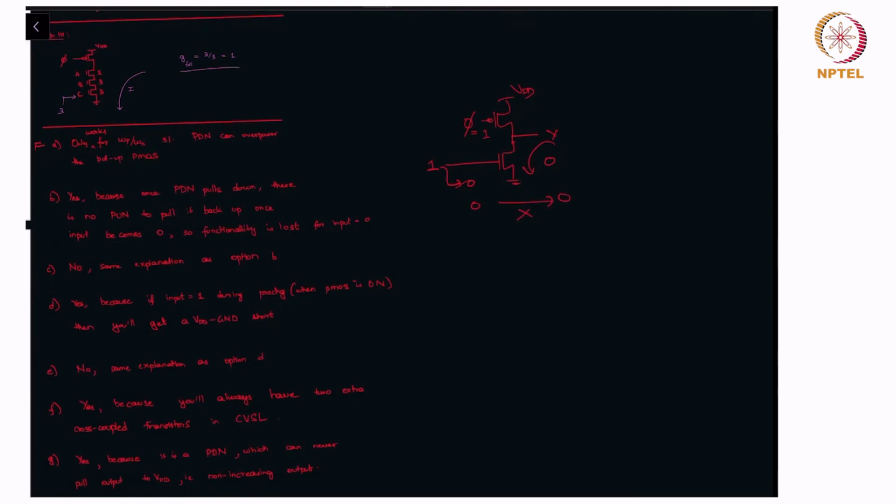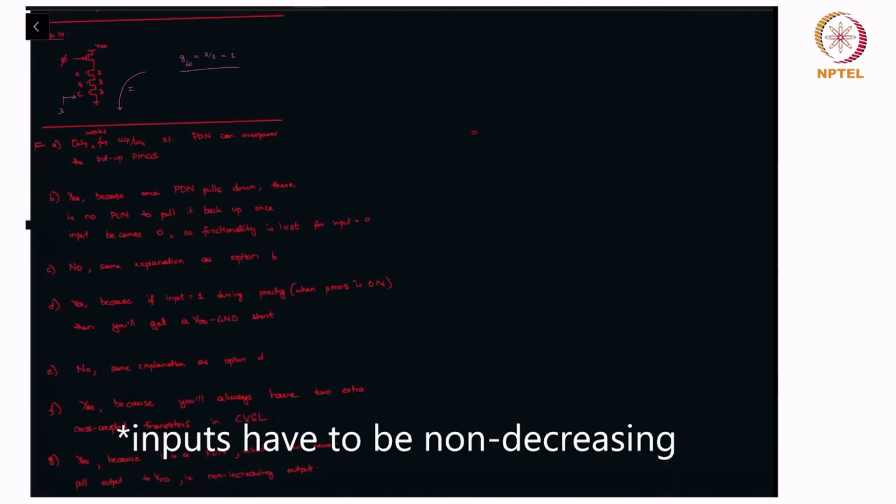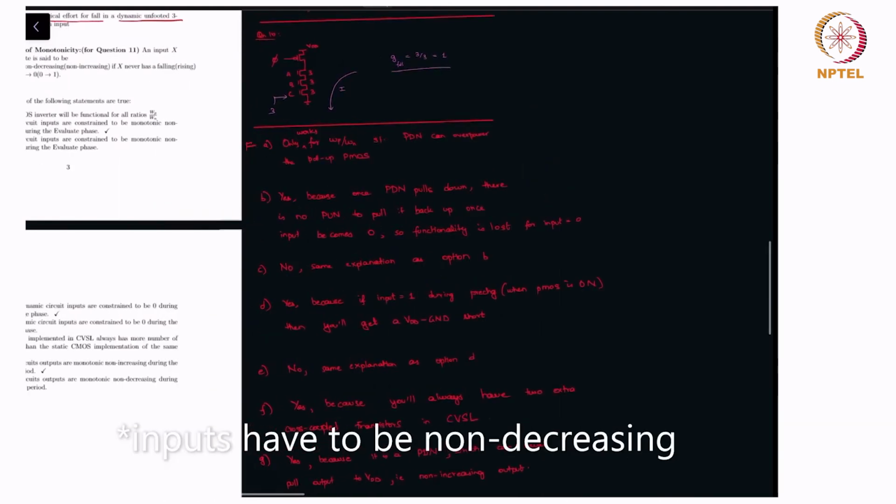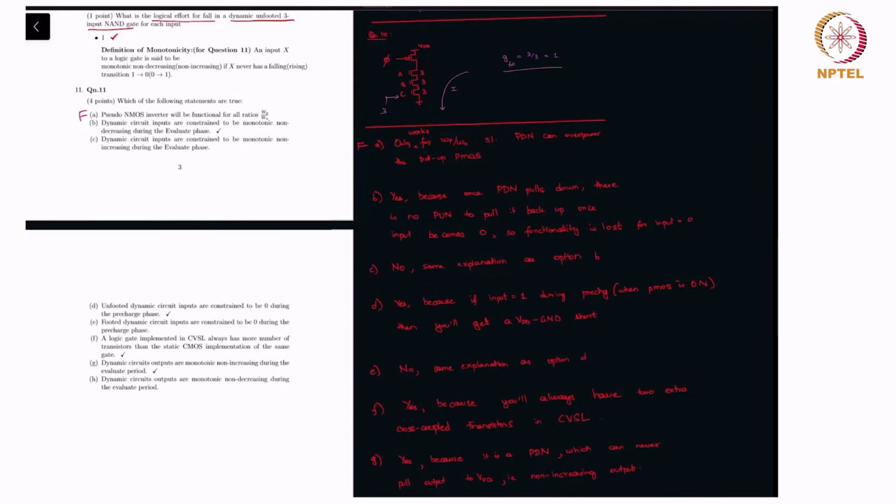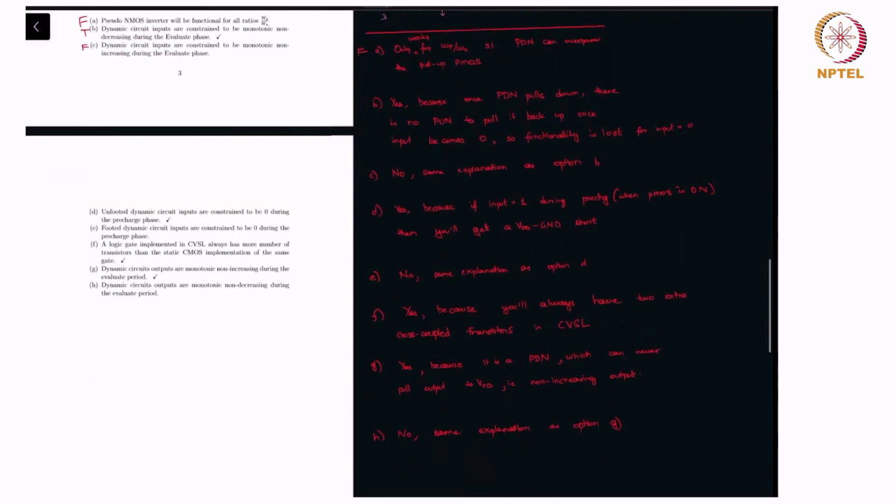So it's not a functional inverter, right? So the input has to be non-decreasing, and therefore this is true. And this one is the same sentence with non-increasing, so this is false. Next we have